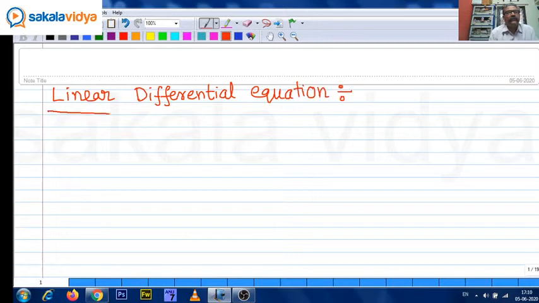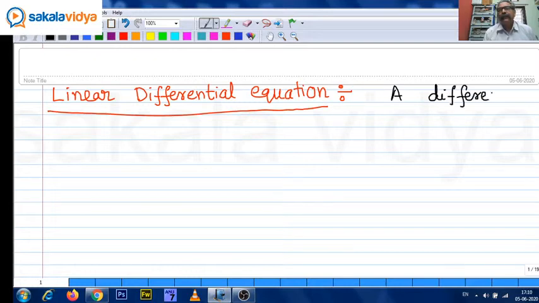See, a differential equation of the form